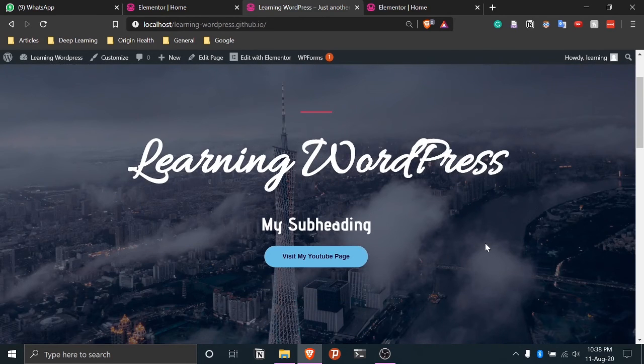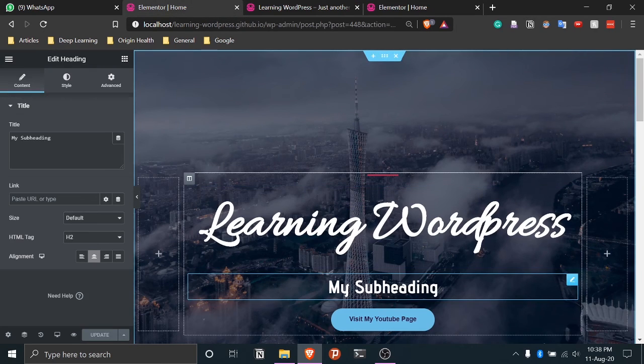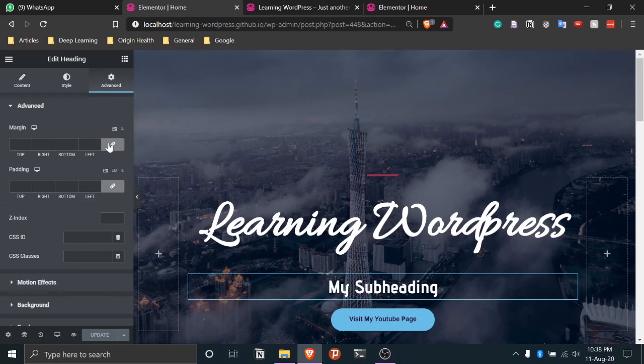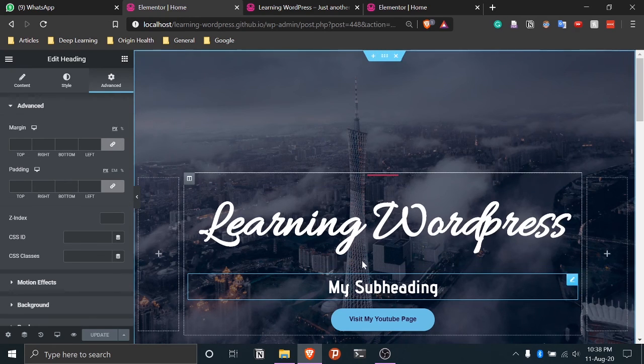Now it looks cool, but there is one problem I see, and that is I don't want this big gap here. Okay, so I want the heading and the subheading to be very close. So how do I do that? I'll show you exactly. So you select either one of these, whichever one you want, and you go to advanced. Okay, and here you can see this thing called margin. So margins and padding, these allow you to add spaces between two blocks. So margin basically allows you to add spacing between two blocks, and padding allows you to add spaces inside the box itself. So let's say we use margins.